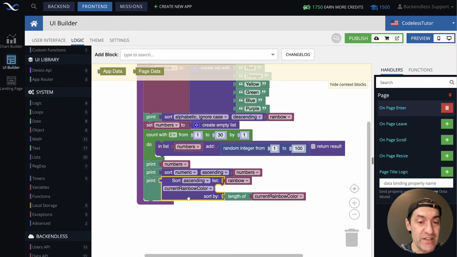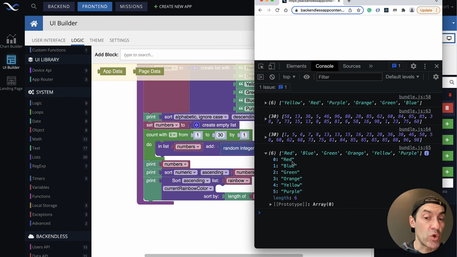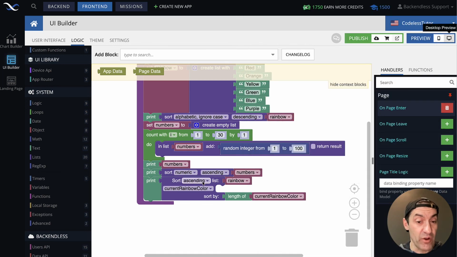Okay, so this sort again will create a new list where all the items in the original list are rearranged based on this criteria, and then we print it out. Let's take a look what we're gonna get. In here you see that this list was rearranged where red, the shortest one, then blue, 4 characters, then green, 5 characters. They are appearing in the order where the length of that color, the actual string, is growing. And that the order is ascending.